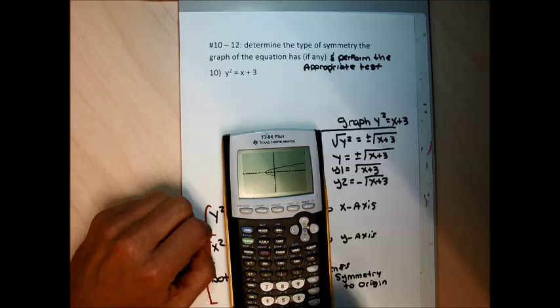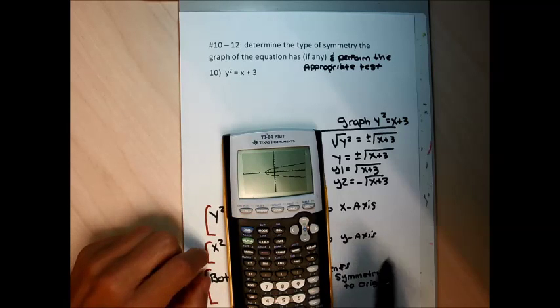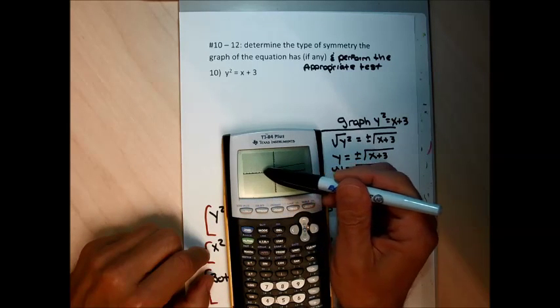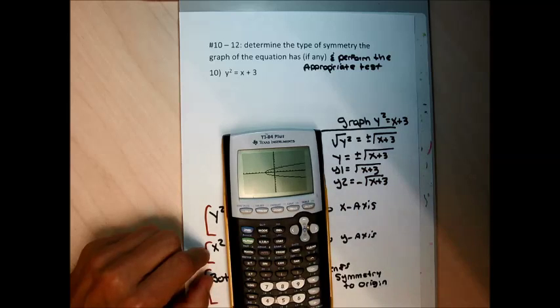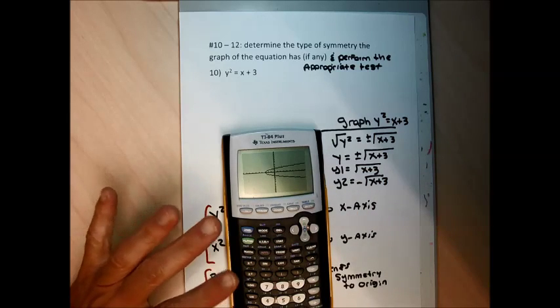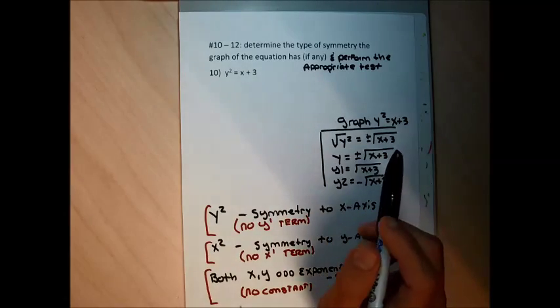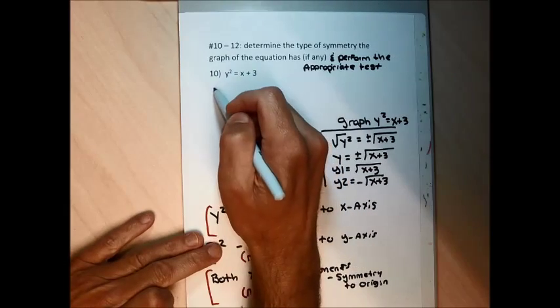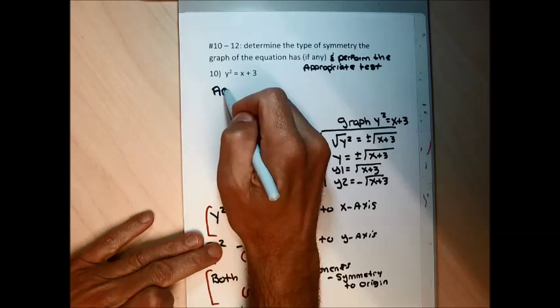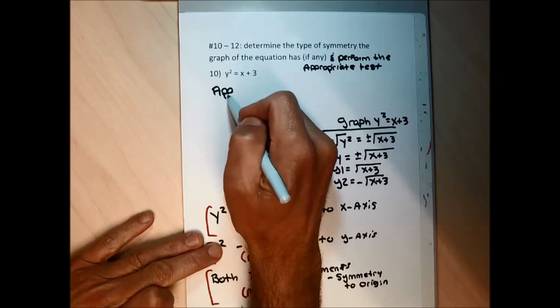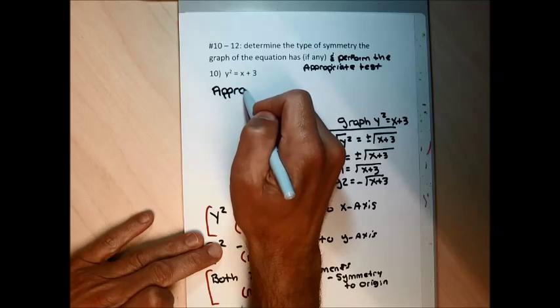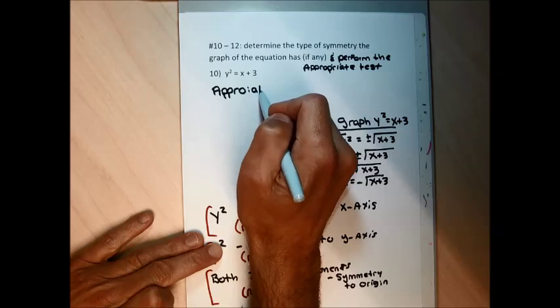And I get the two halves of the graph that is absolutely symmetric to the x-axis, because a line drawn through the x-axis would cut this into equal halves. So I know my answer to this is going to have x-axis symmetry, but I need to do the appropriate test to confirm the symmetry. And the appropriate test to confirm x-axis symmetry that you absolutely have to show on the test,